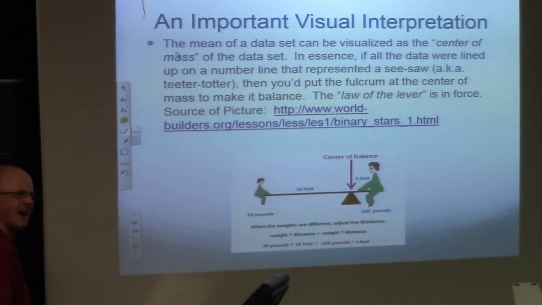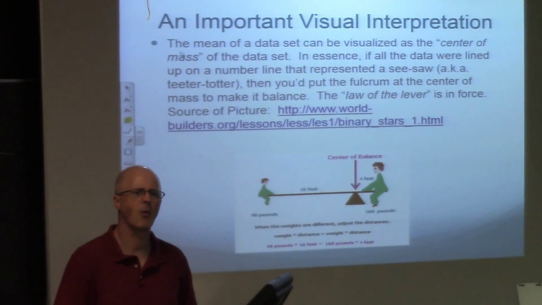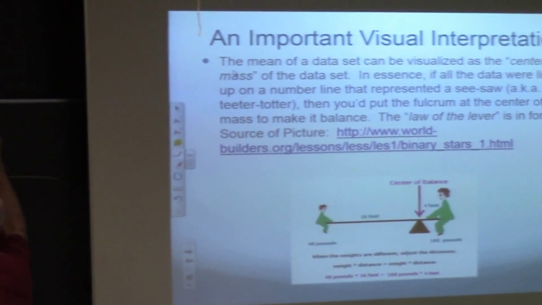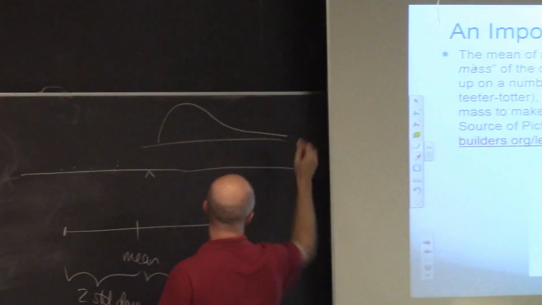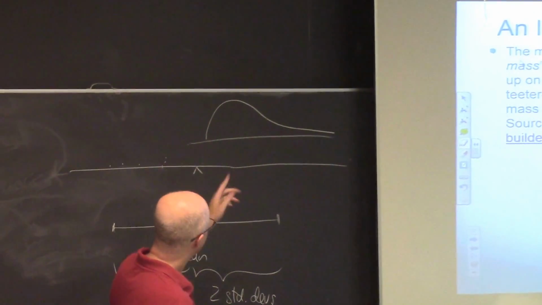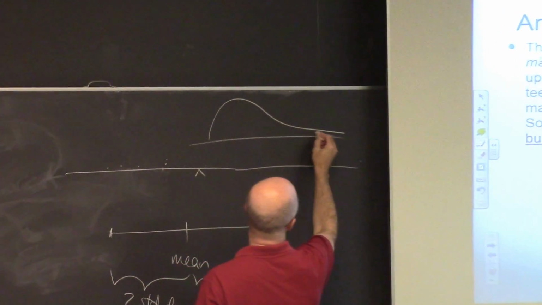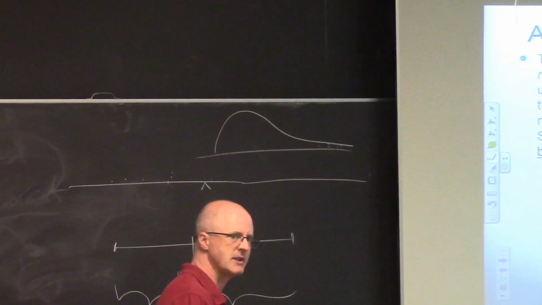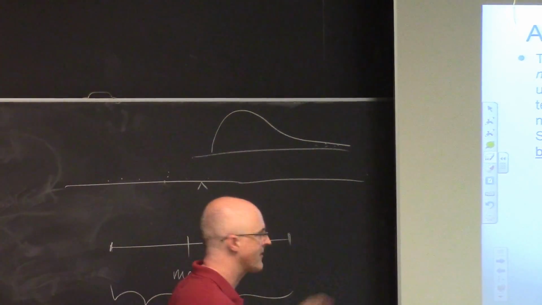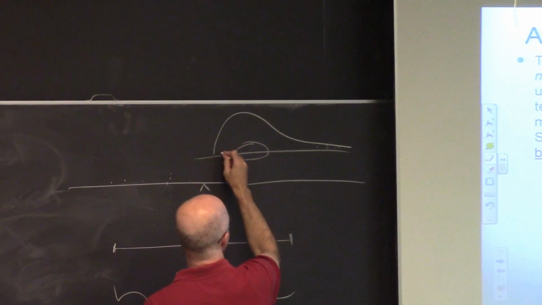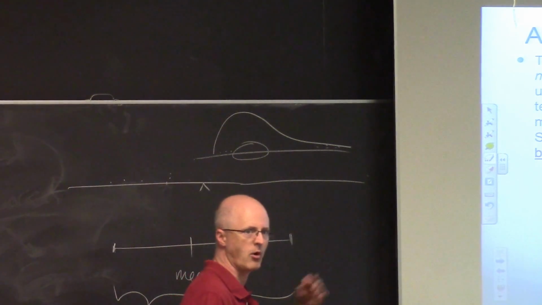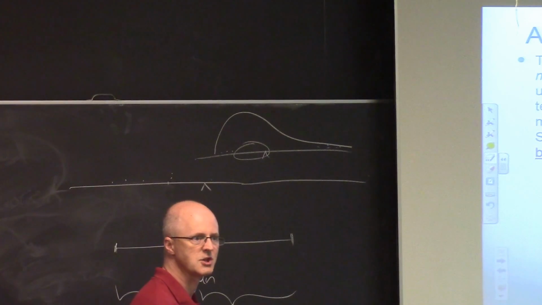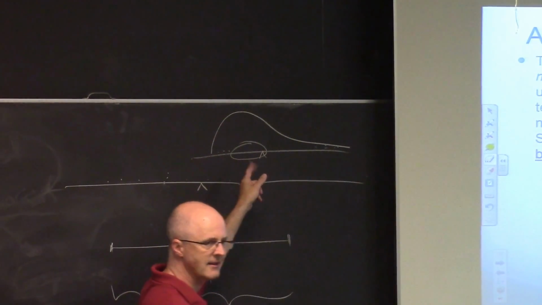Why is that important? Just to give you an intuition about where the mean is. Also, for example, if you've got a skewed distribution, we're going to talk about density curves a little bit starting today. You've got a skewed distribution like that. These points aren't necessarily outliers, because there might be a bunch of them, but they're further away from the center than these points are. And so they more greatly affect the mean. They skew the mean to the right more than you might think it should be initially by looking at the center or where the peak is.